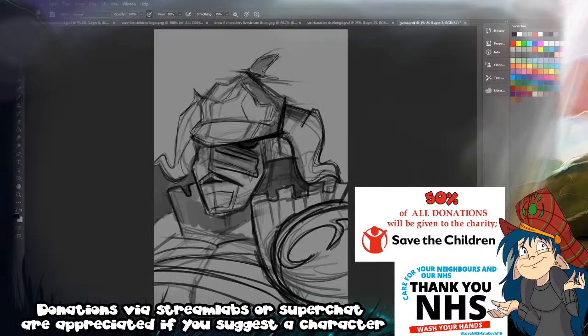Instead of shading in the armor, I'm going to shade in the background and move on to the next one because I'm not happy with it and I'm not confident with it. If it's characters I'm not familiar with, you will see the difference, as I've said already.